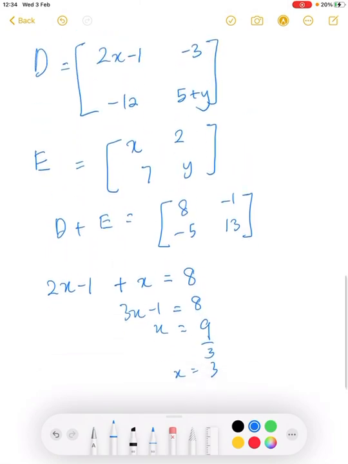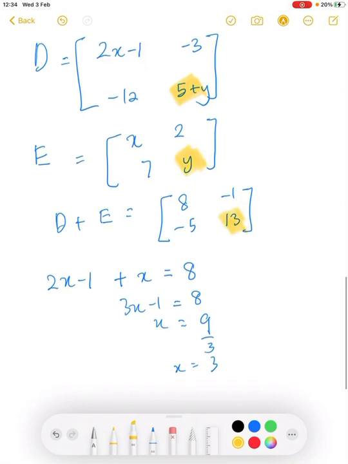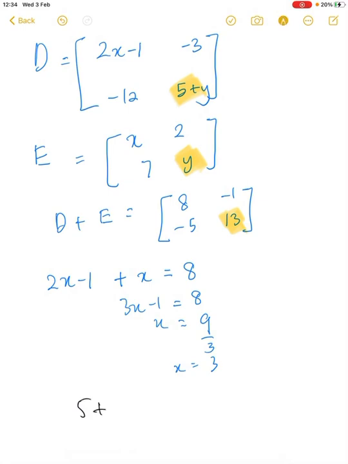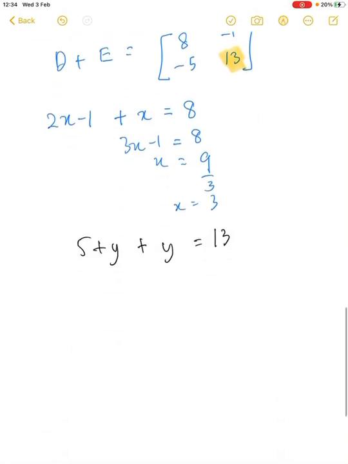And for the y, we can see that 5 plus y equals to 13. So give it a go. 5 plus y equals to 13. 2y equals to 13 minus 5 equals to 8 over 2 equals to 4. X equals to 3, y equals to 4. So it's very simple. Okay, next